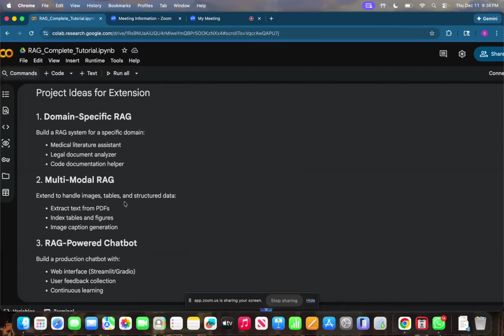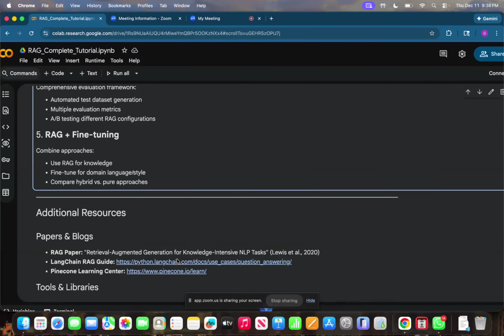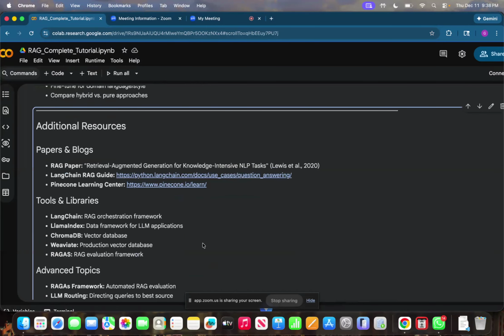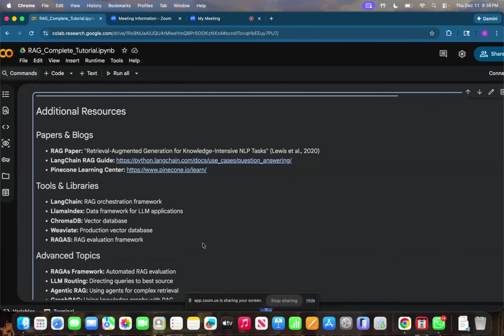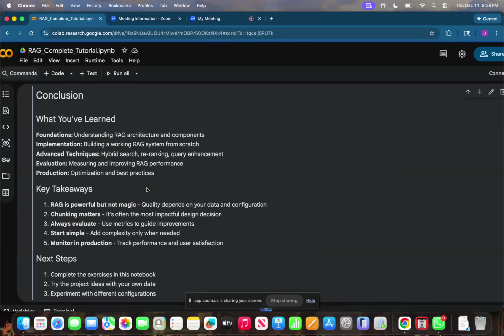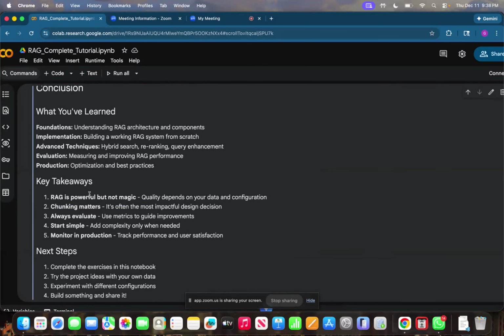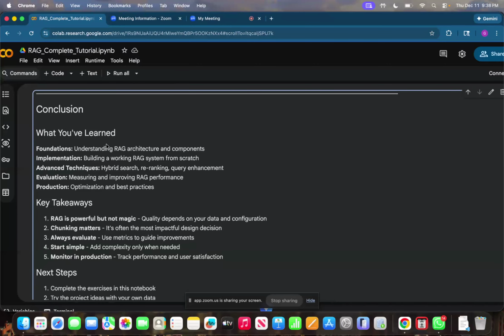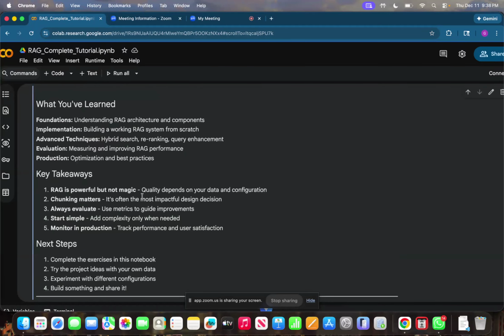These can be further developed into domain-specific multimodal RAGs, RAG-powered chatbots, and an evaluation suite. And we have to consider RAG security as well. You have to make sure that it isn't leaking company or proprietary data. That's another thing we have to think of in the scenario of RAG security. This RAG system is being implemented because LLMs couldn't know the proprietary data of a company. So these RAG solutions